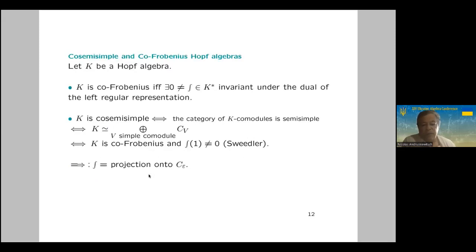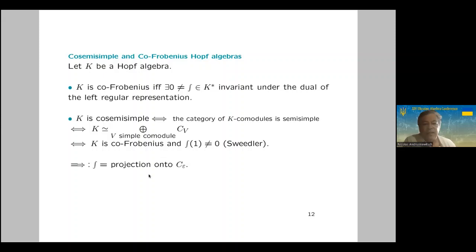Now, before going on, the next goal is to show some properties of this Hopf algebra H gamma in this generality. So before going on, I would like to remind some definitions of Hopf algebras. The first is: a Hopf algebra is cofrobenius if it has a left or right integral,